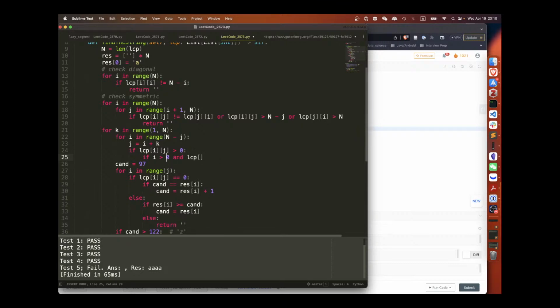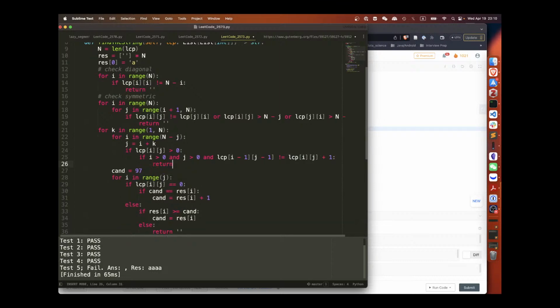If i is larger than 0 and LCP diagonal, i larger than 0 and j larger than 0, and this i minus 1, j minus 1 is not equal to LCP ij plus 1, return this, right? That's the case. Diagonal wise, if the current one is larger than 0, that means my diagonal must also be larger than 0, and it has to be one more than me. That's actually not true. Because the previous one can be 0. So the previous one has to be either 0 or,